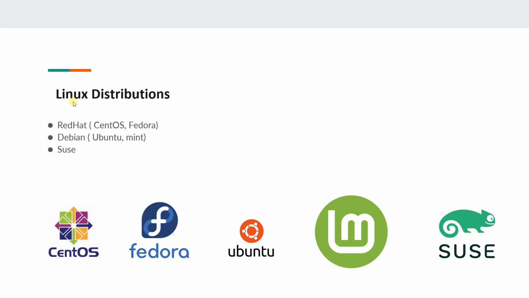After Debian, we have SUSE. SUSE is another very good Linux flavor that we have out there as well. So the difference between these different types of Linux flavors is just their package managers. Just like when you come to